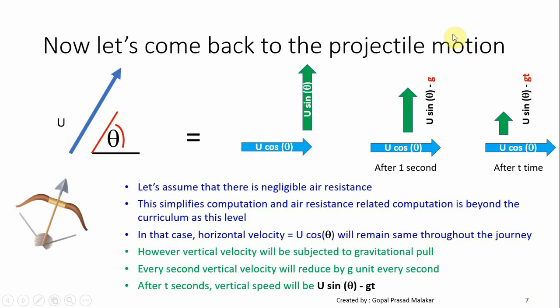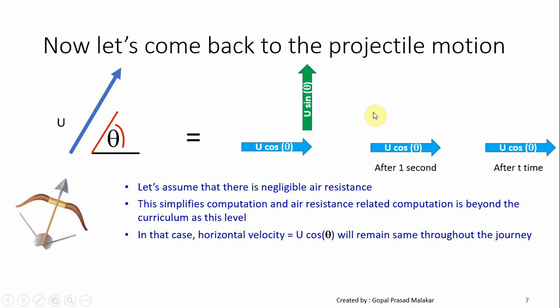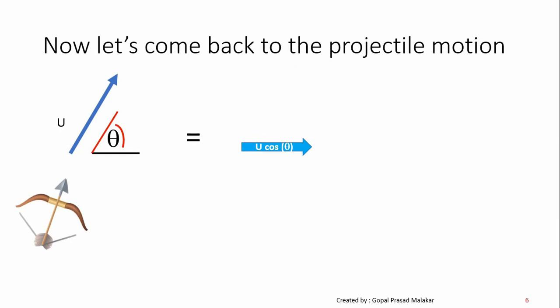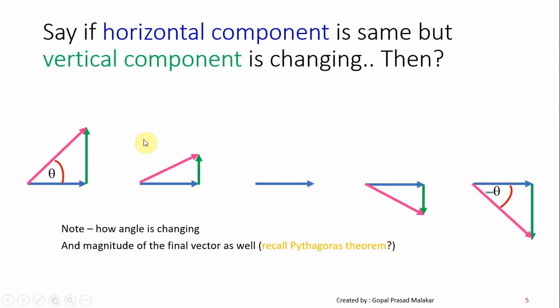After that, what will happen? It is minus gt, so essentially it will start coming down. As time progresses, when it is returning, at that time the starting velocity is 0, but gt will keep increasing over time, and the downward speed will keep increasing. So this situation will become very much like what I was showing you here in this graph. This reduces, becomes 0, then it goes negative and further increases.